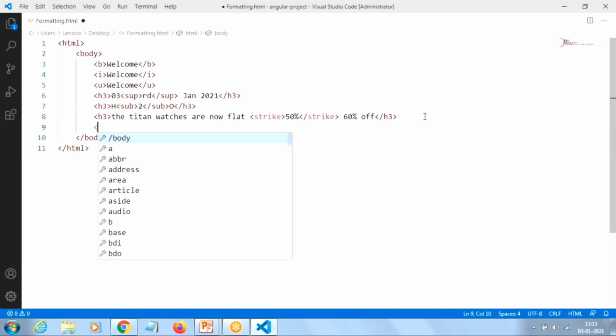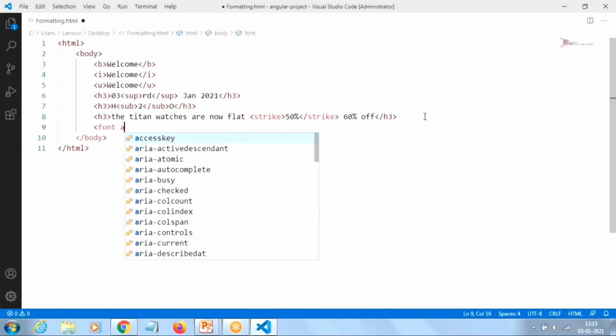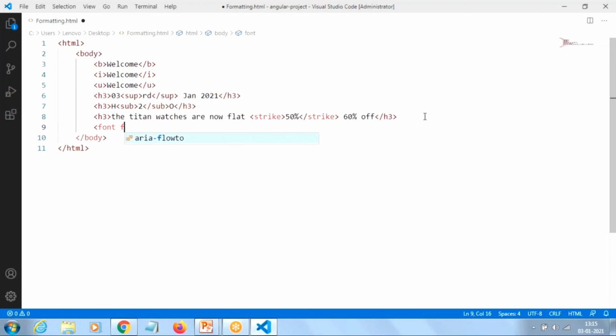Now give the tag font. In the font tag, give attribute face equal to double quotes and Arial. After that, another attribute size and give the size as 5. Then the last attribute color equal to double quotes and blue,